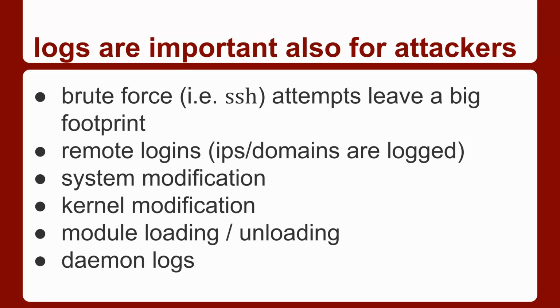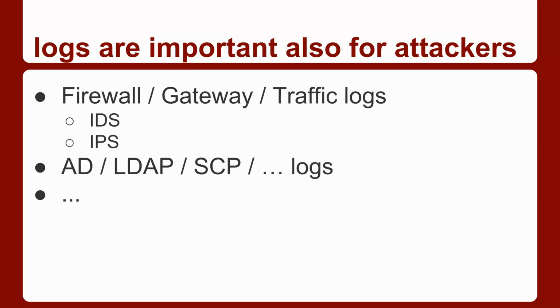You'll see any messages regarding modification of the system, modification of the kernel, loading or unloading modules, any changes to daemons, and things that may be part of the network and not necessarily part of that system involve also firewalls,